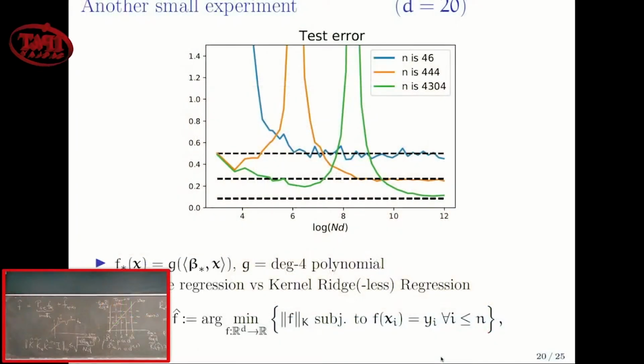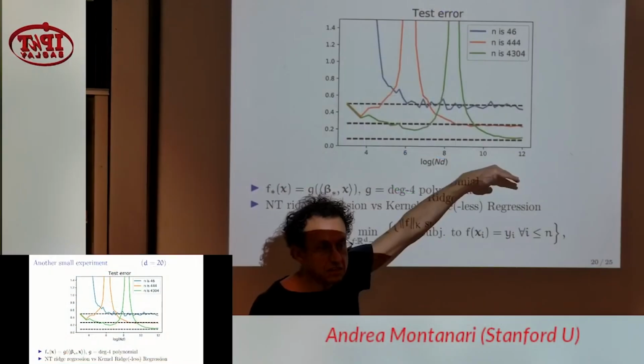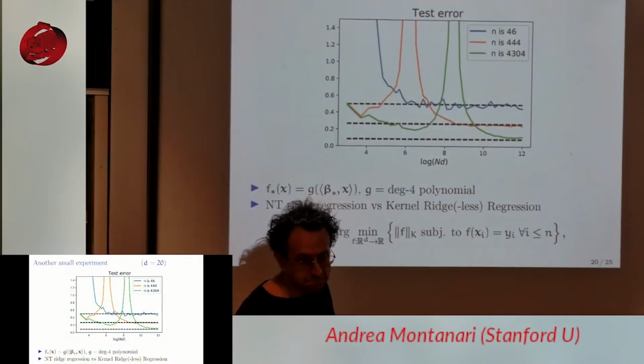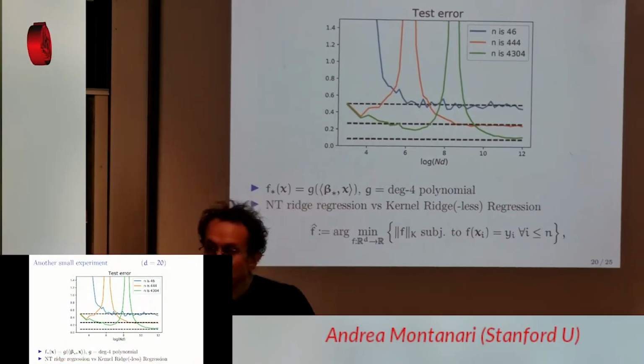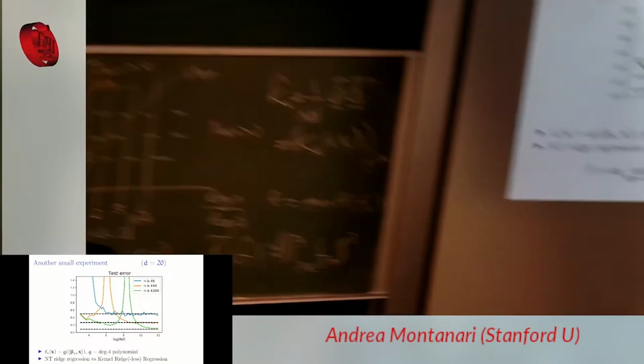Why do you limit yourself to doing interpolation? I want to regularize, right? So you can work out what happens with regularization in some cases, and it turns out that if you regularize, you don't see any of these spikes, and the thing becomes monotone. Actually, the risk becomes monotone. So there will be some bump, but if you regularize optimally, it becomes completely monotone. Okay, which is what it should be.